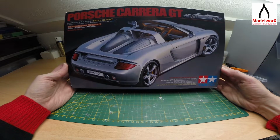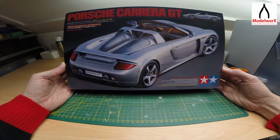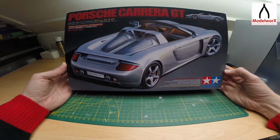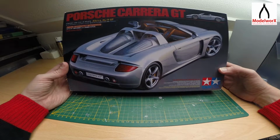I am following Tom Ruiter on his Patreon, the scale modeler and the scale modeling channel. He has a lot of nice videos on how to build cars and does a very good job in making them look really good. Because I follow him on Patreon,